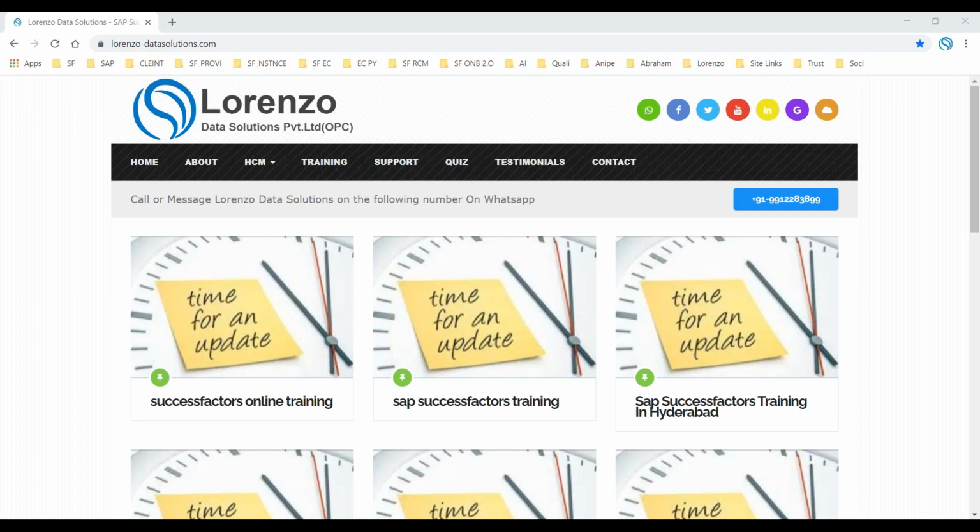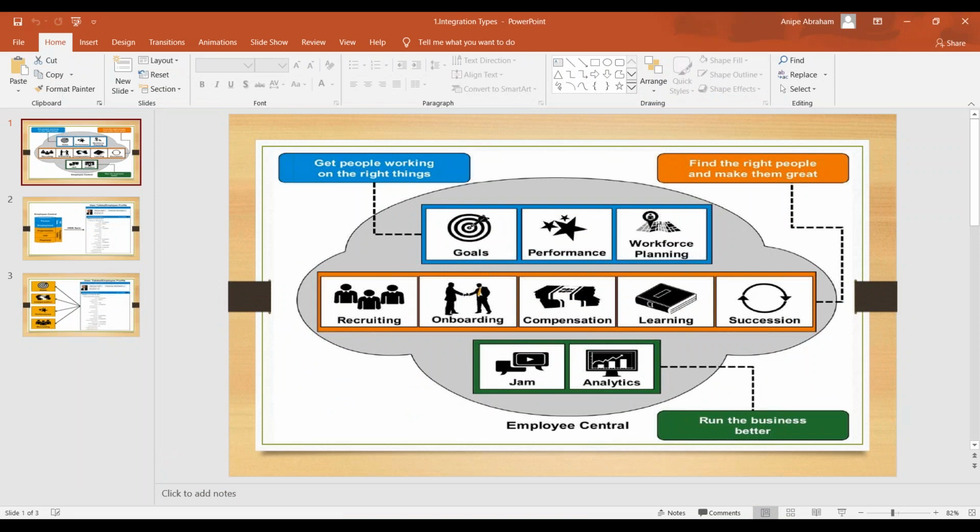When you work in SuccessFactors, you mostly know that there are two types of integrations we have in SuccessFactors. One is internal integrations. The second one is external integrations.